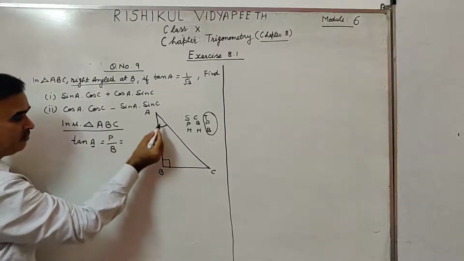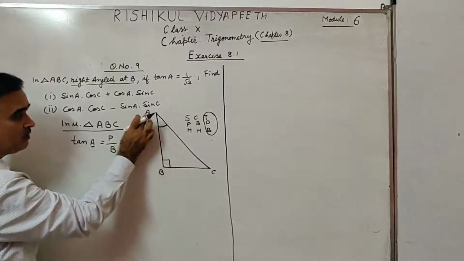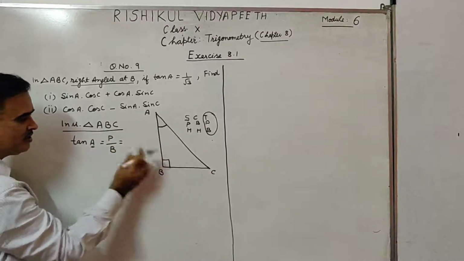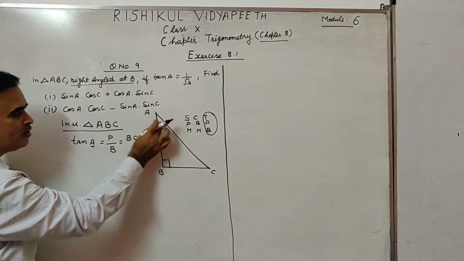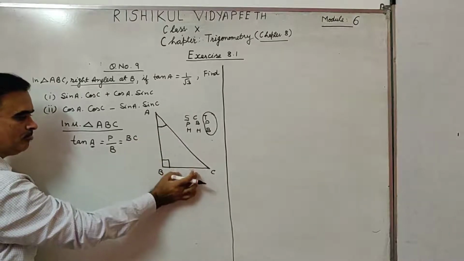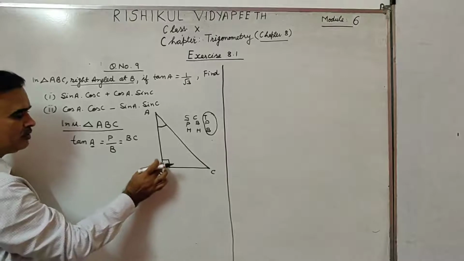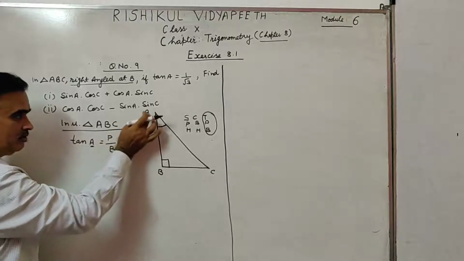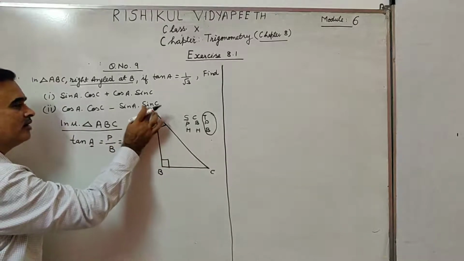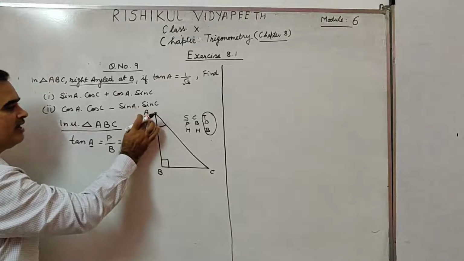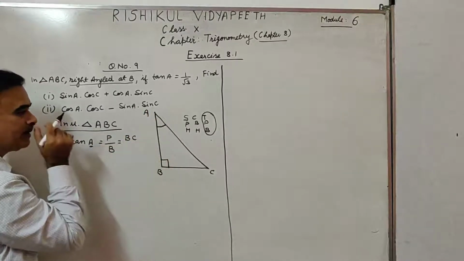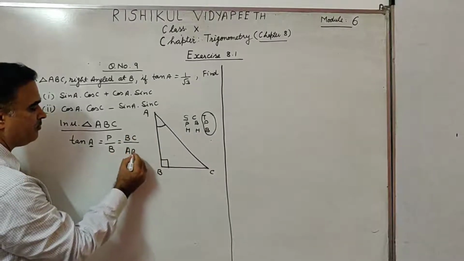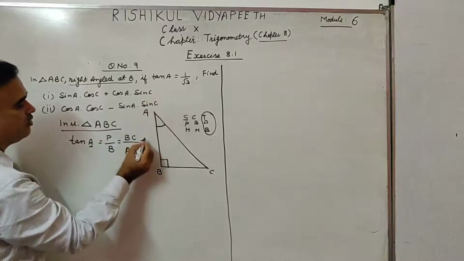And I told you that in the perpendicular you will not find the angle's alphabet, meaning other than A, that is BC. The side opposite to this angle is called perpendicular. What is base? The side opposite to 90 degrees is the hypotenuse, and the acute angle is A. So the side containing this alphabet A is known as base. Here you can say the adjacent side of this angle, that is AB, and this is equal to 1 by root 3.